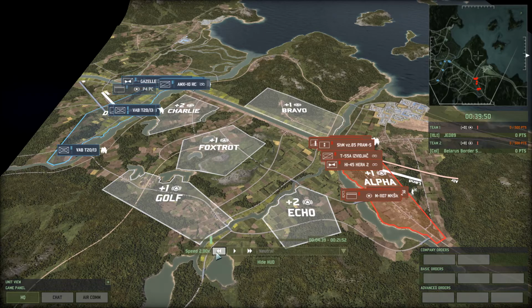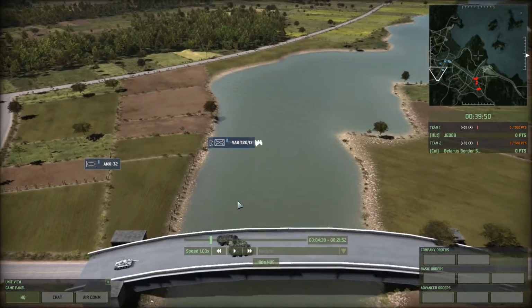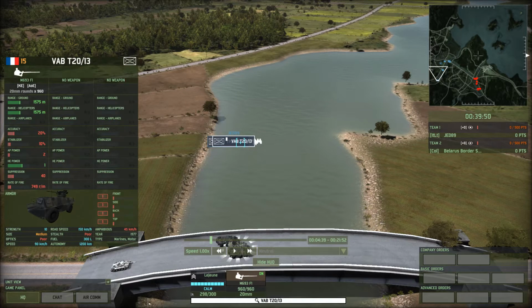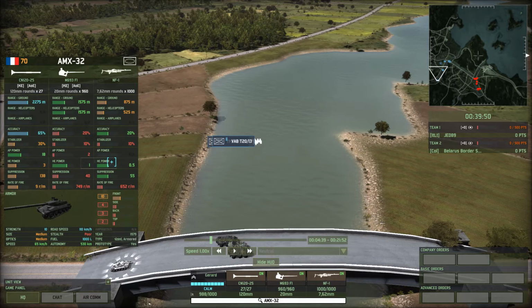Alright, and we're away. Let's see, down here we got very close together. TPZ Fuchs, what does that even stand for? Truppenpanzer? I don't know. Looks like there's Jaeger in there. And we got some Commando Para in the VAB T20, unless the guy upvetted some Hussards. It's always possible, I guess. Anyway. And an AMX-32. I don't know if I said this before, but I'd much rather have the AMX-40 for 80 points. It's only 10 points more, and you get a...